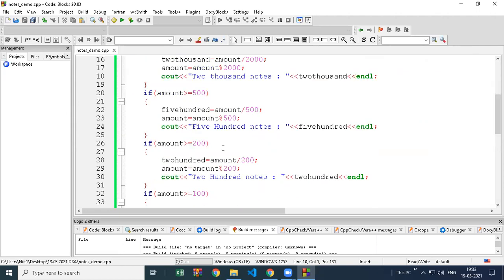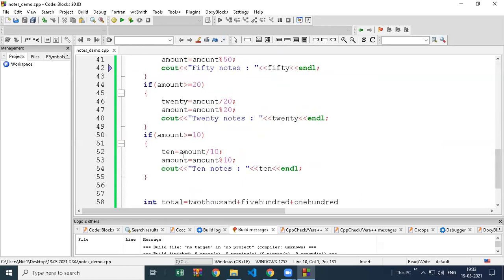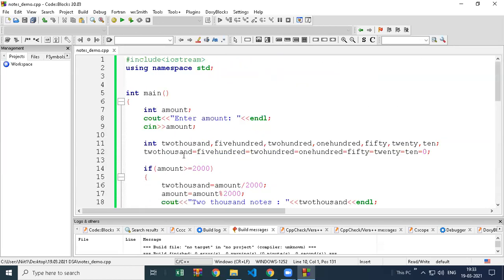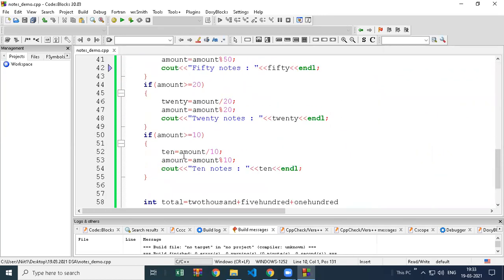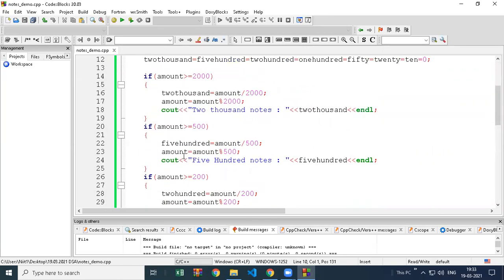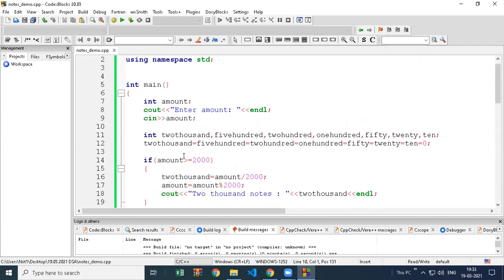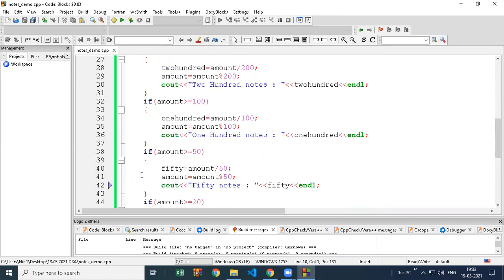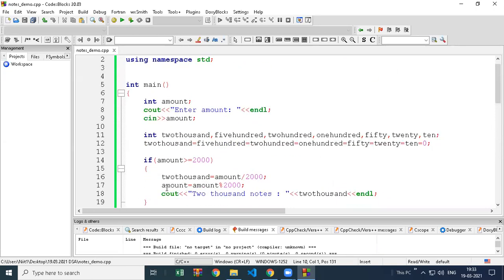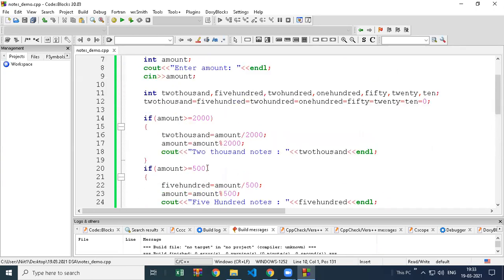Now who will reduce this code? Actually, I will give you this as homework. You have to spend time on this and then try reducing the code. Instead of writing multiple if, can you write a loop? Can you reduce the code? So yes, of course it is possible, because I remember I did this. In one session I tried this, so I remember it works. You can do this. So you have to spend time, try different logic.